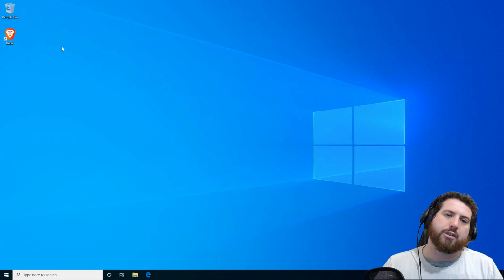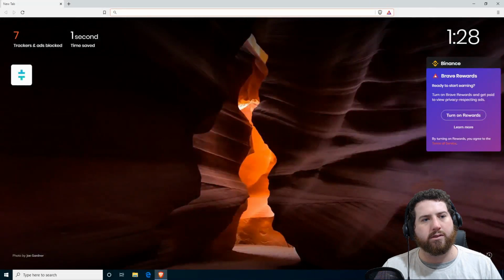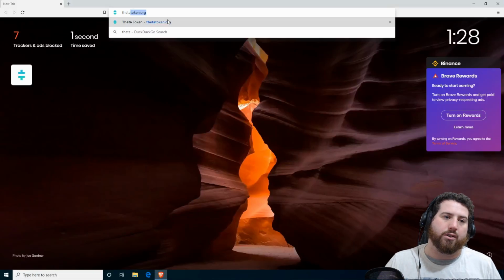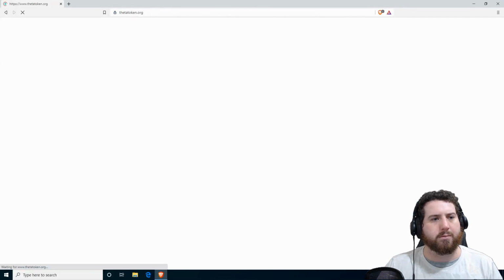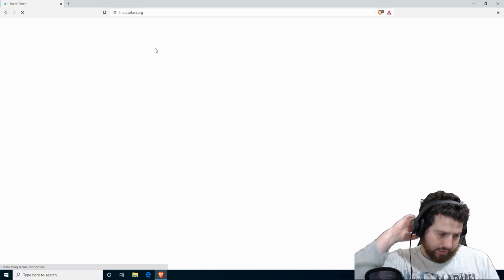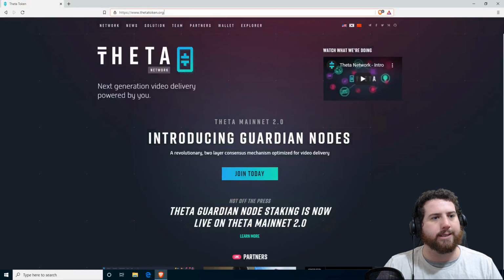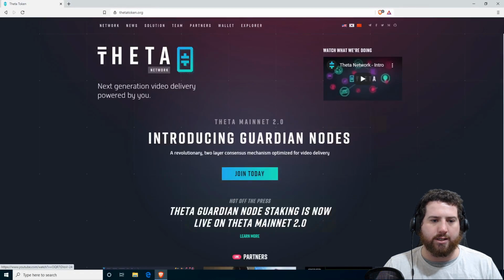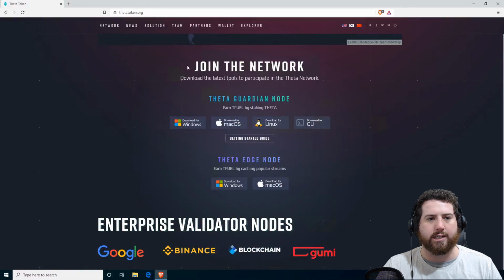So what you want to first do is just open up your favorite web browser. I like Brave. That's a good recommendation. Head over to thetatoken.org. Make sure that you definitely got this typed in right. I'm pretty sure there's a few scam sites around that, but make sure you definitely got thetatoken.org. Once you've loaded up the main page, just scroll down till you get to this section here,